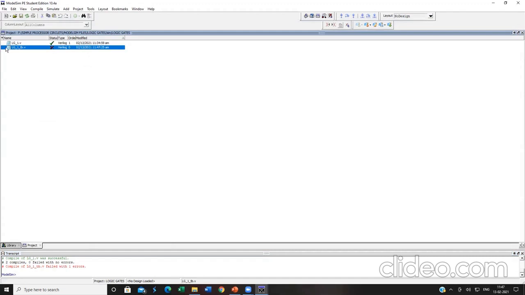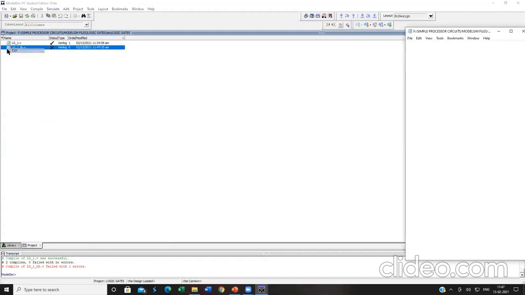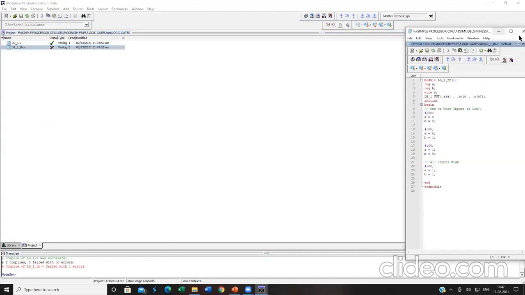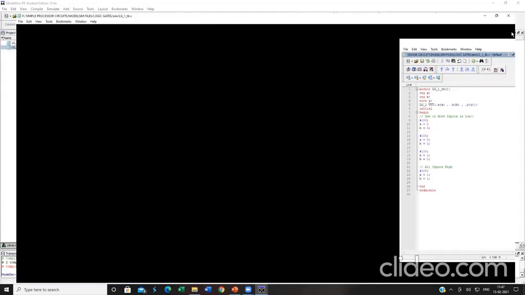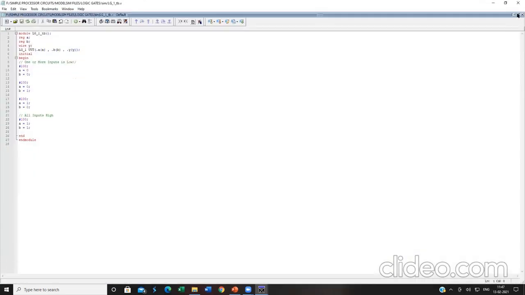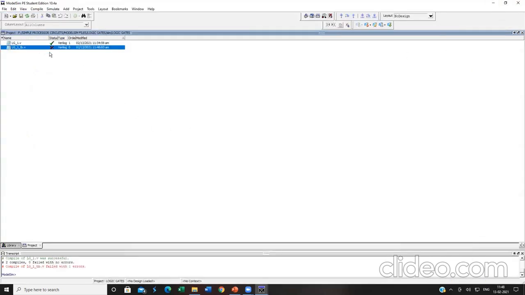So again, you have to go to the same file, right click it, click on edit, and maximize the window by clicking on this. This is called your dock undock. Sometimes this only will be coming. You have to click on this, and it will get automatically maximized. So add the semicolon over here. Click on Control S. Minimize this.